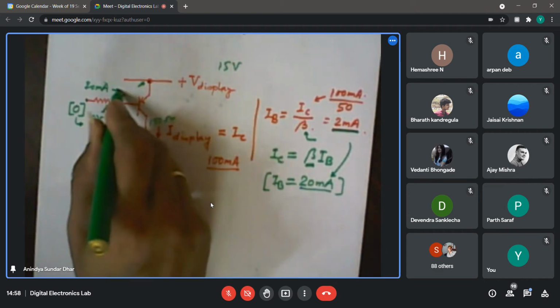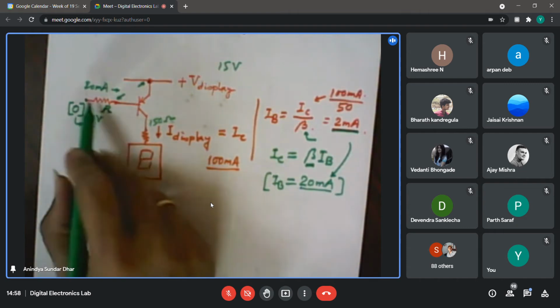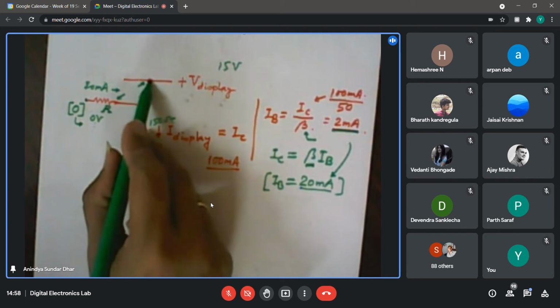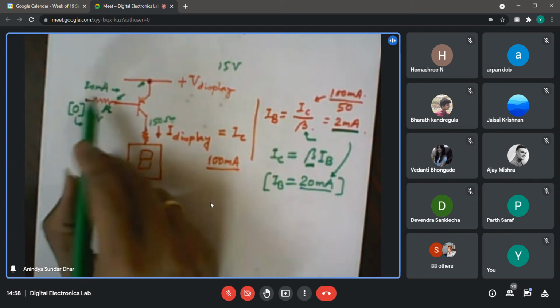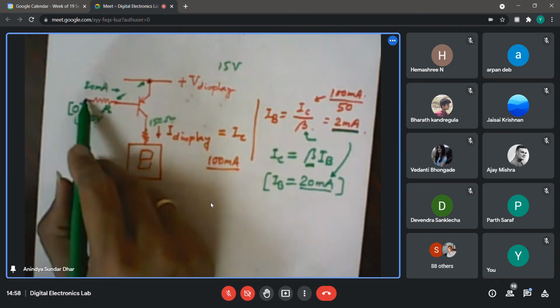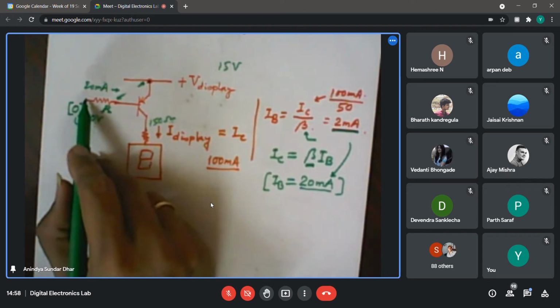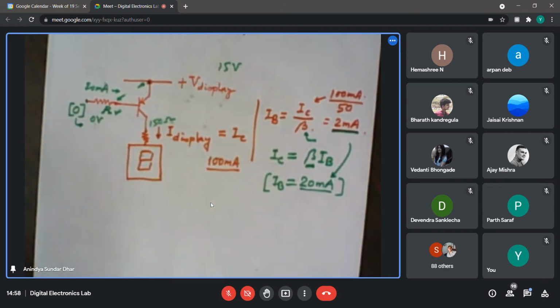I want to find out that for minimum voltage difference also it should work. So on this side, since this voltage is on higher side, I need to see what maximum voltage it can reach, maybe 0.5 volts. So 15 minus 0.8 and 0.5 over here. 15 minus 0.8 is 14.2, and minus 0.5, it is 13.7. Divide by 20 milliamps. So whatever that is, in that way I can find out this resistor. So it will be like that.